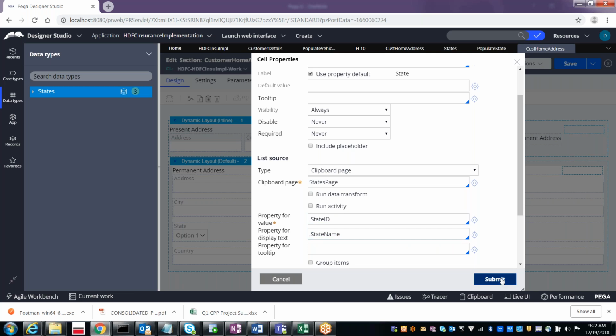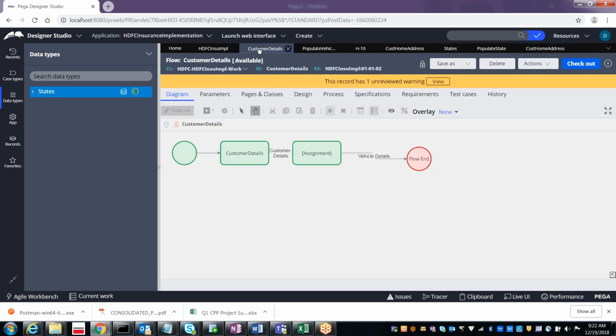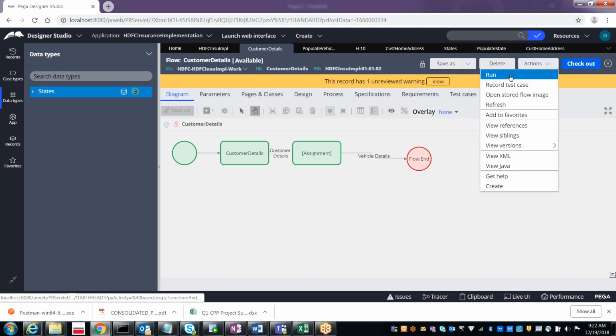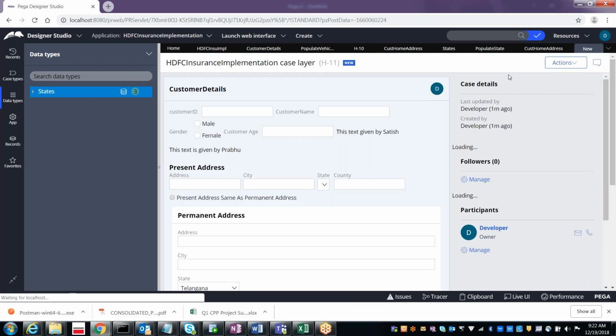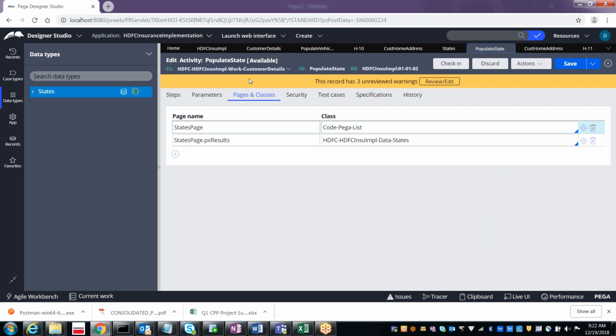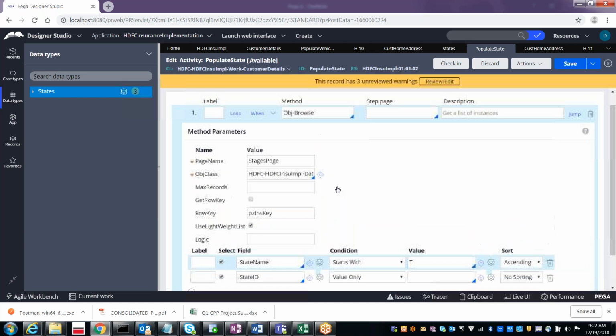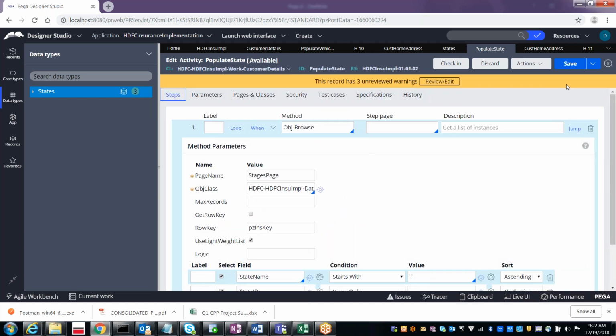Okay. So now is it fine? Yes, it should be. Should be, right? But I don't think that it is. See. Hello. No state. Yes. Why? Because you created this activity. Okay, you created this activity. And when you run this activity, you are able to see the states in the clipboard.